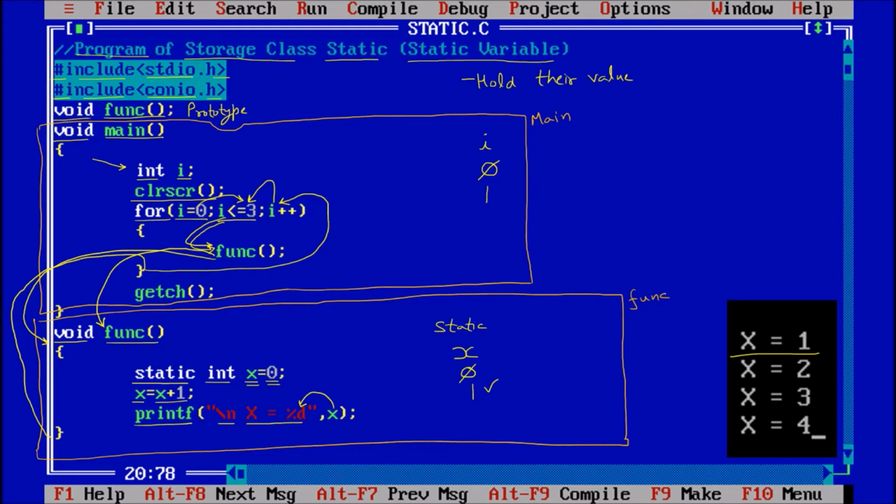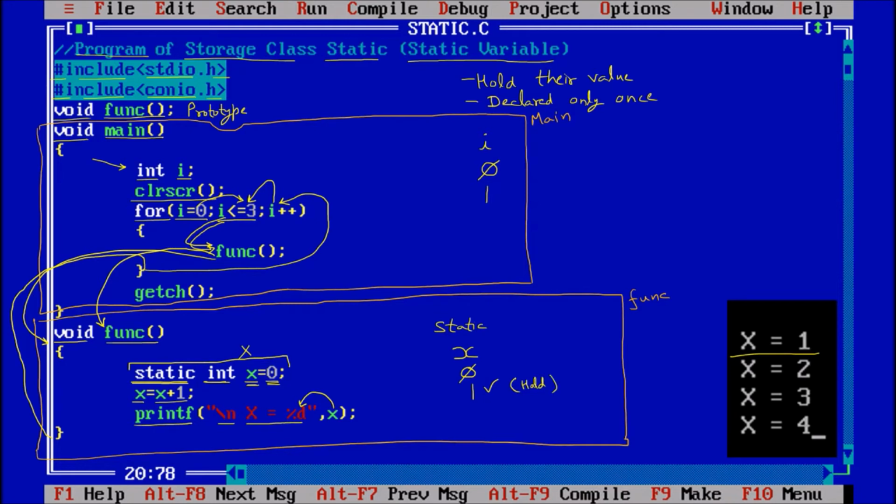Now again it is saying static int x = 0. Static variables are declared only once. That means the first time they are declared. Now this line has no meaning, because they are not going to be declared again with 0. They will hold their previous value. What is the previous value? The value 1. So that value will remain on hold.